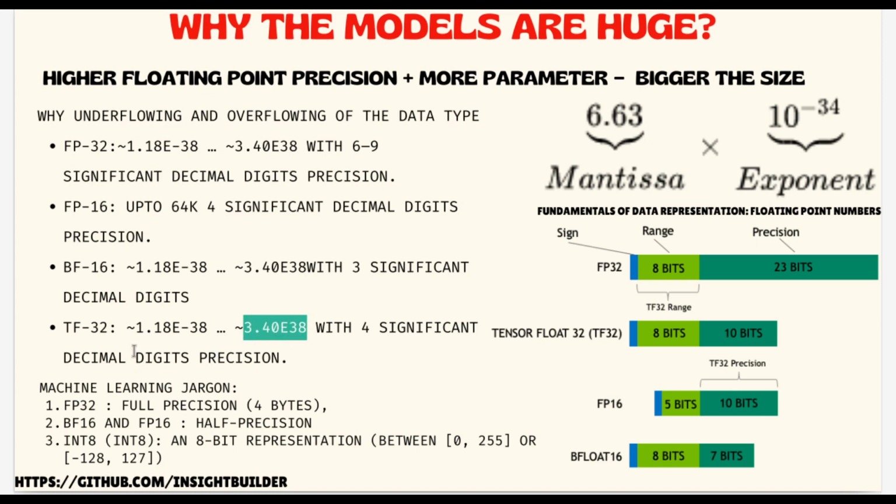You see this TF32 and FP32 as well as BF16 can go up to 3.4e38. That means 3.4 followed by 38 zeros. That is a really huge number. When compared to them, FP16 is just 65,000 maximum, plus or minus. What is happening in this case is that